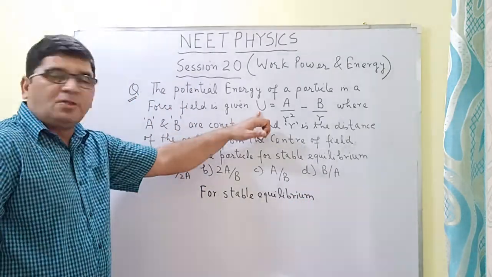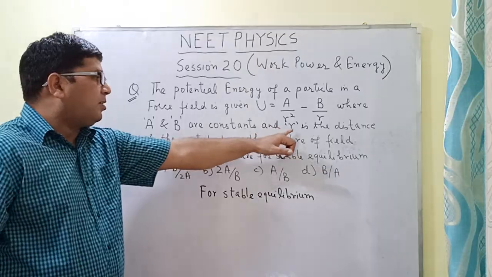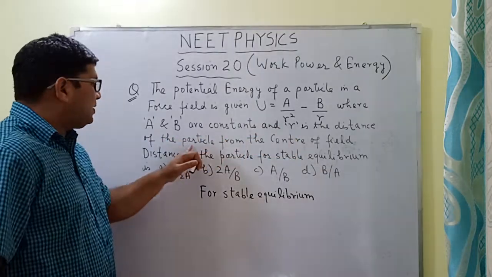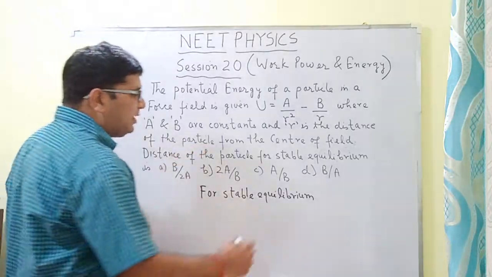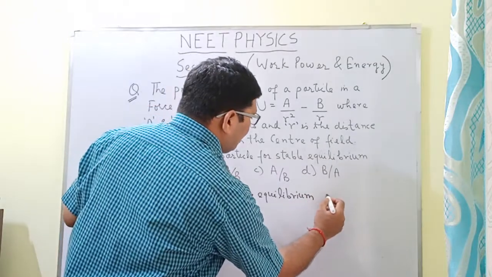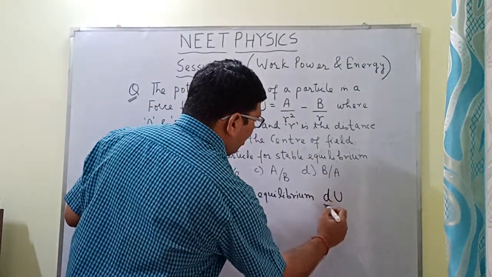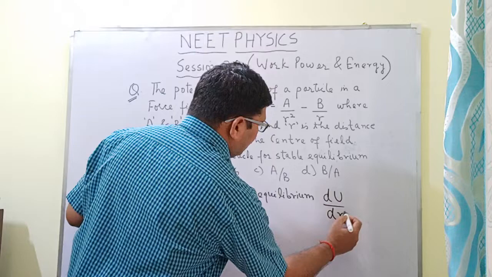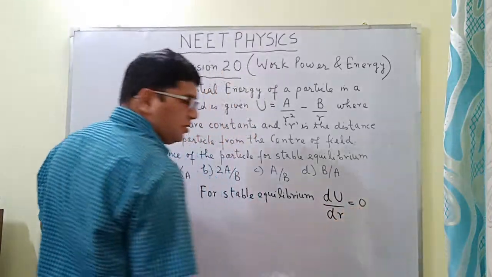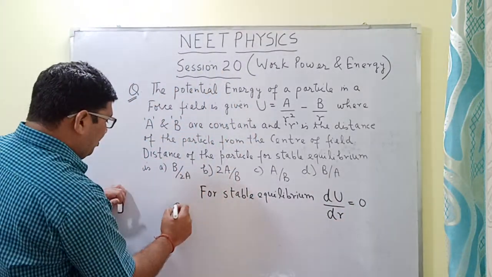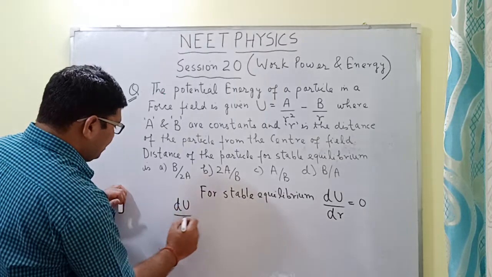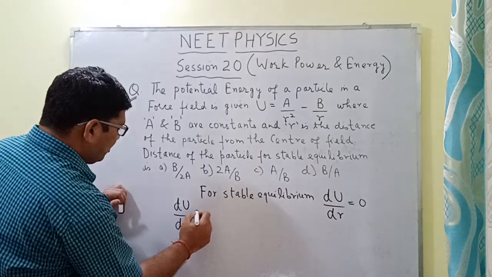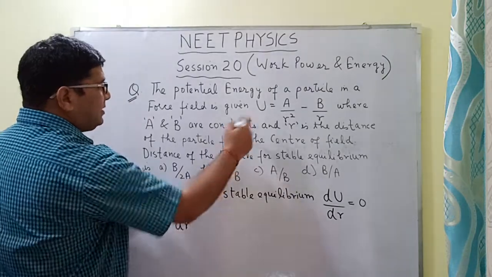the rate of change of this potential energy with respect to the distance of the particle from the center of the field should be equal to 0. That is du upon dr, ये आपको 0 होना चाहिए. So अगर हम इसका du upon dr निकालते हैं, ठीक है, ये आपका हो जाएगा a इज अ कांस्टेंट है,